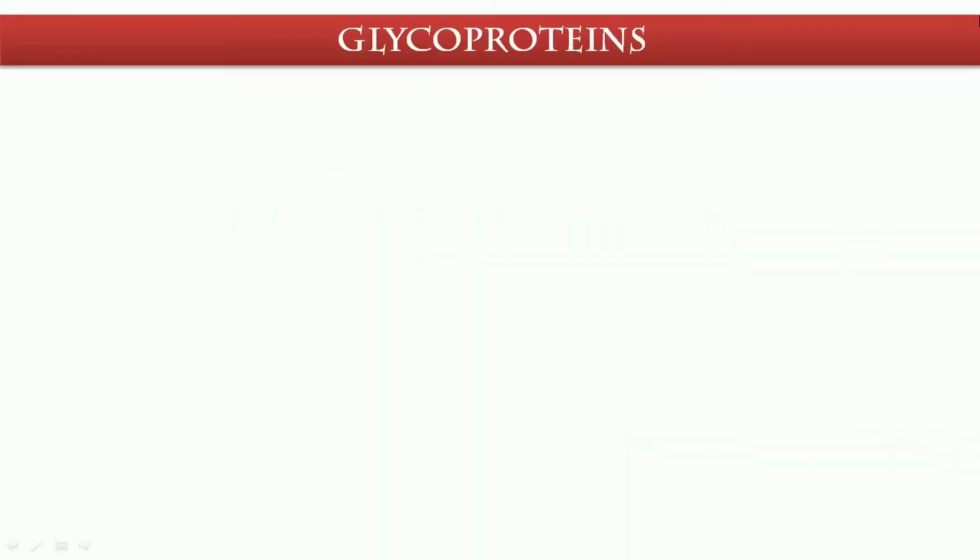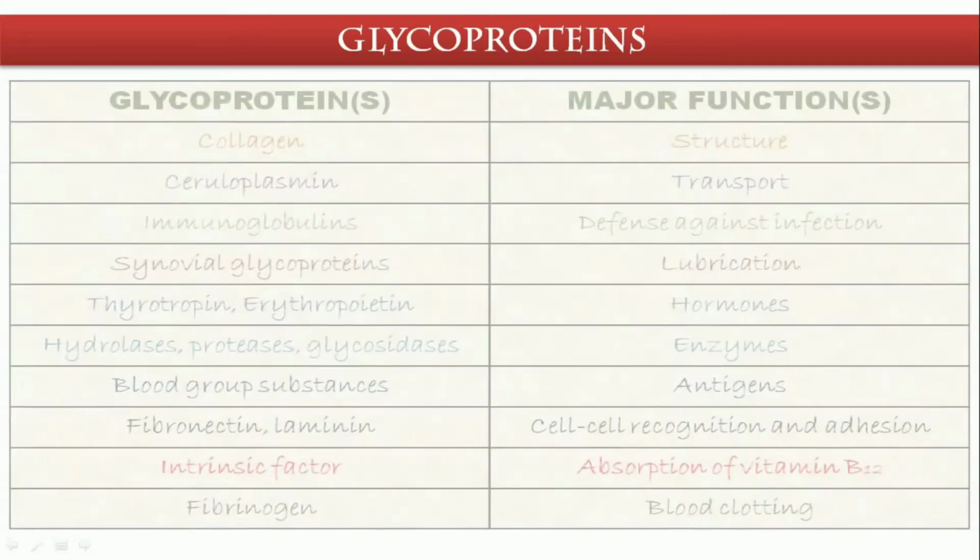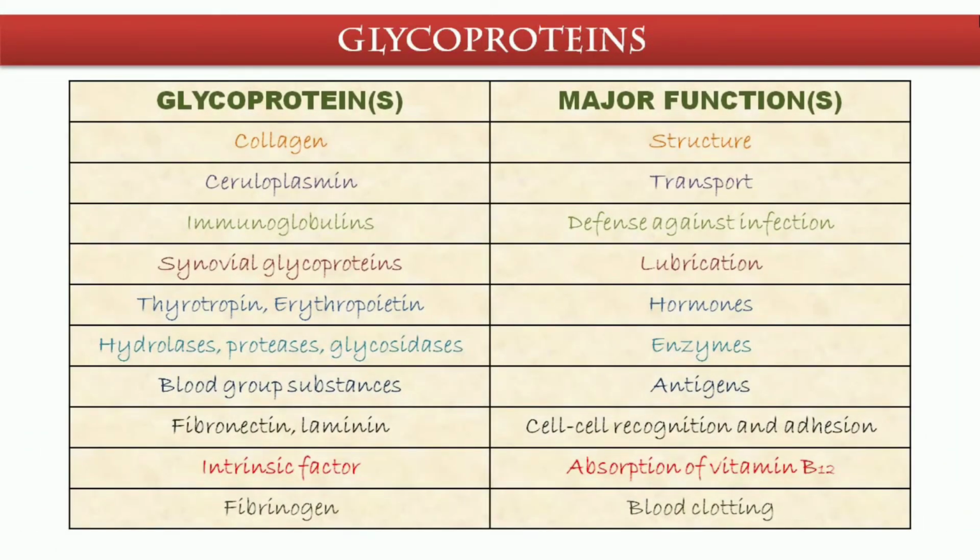In the previous video, we were discussing glycoproteins. So here I have given some examples of glycoproteins with their major functions, such as collagen, which is used in the structural framework, ceruloplasmin, which is used in transport, immunoglobulins, which act as a defense against infections, synovial glycoproteins, which have a function of lubrication,